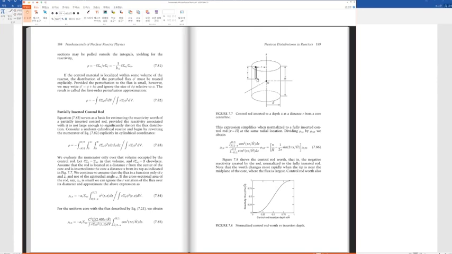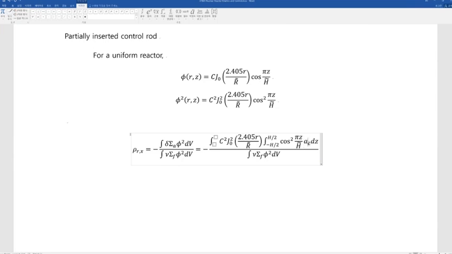So if we simply want to calculate the volume of the control rod that is inserted into the reactor, that would be the cross-sectional area A multiplied with X. So just like that. Because the integration should be performed only for the volume taken by the control rod, dV becomes AC, the cross-sectional area of the control rod, multiplied with a very small increase in Z,